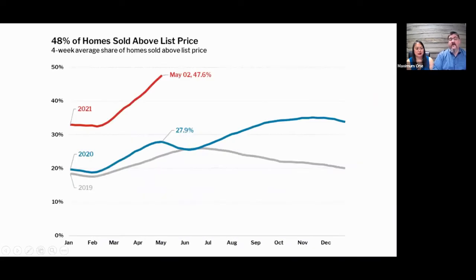Now, here's another not so great stat, but 48% of homes sold above list price. Okay. We need to understand that, because this is one that we have to explain to our clients, what's really going on with the market. I'm not going to ask one of my buyers to pay more than they feel comfortable with. I don't mean that, but you have to also make sure that we are educating our clients and letting them know that really, when half of the homes are selling for above asking price,